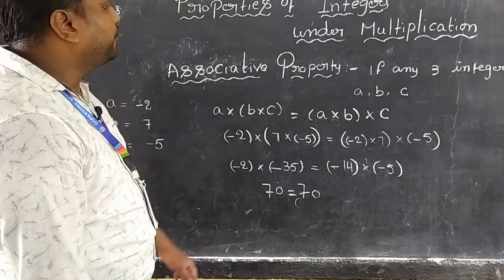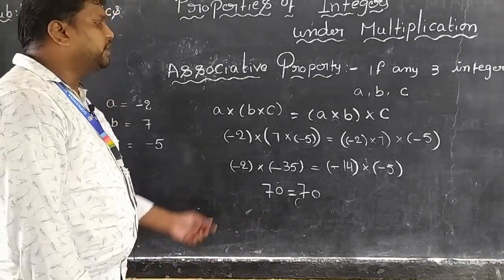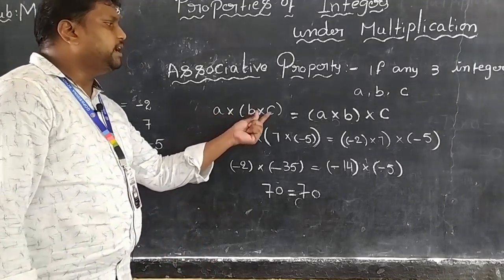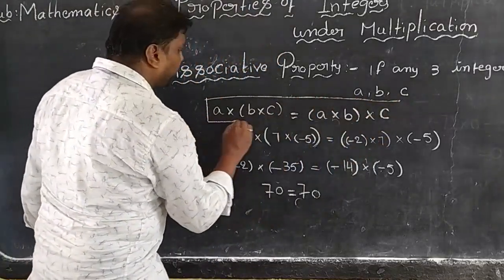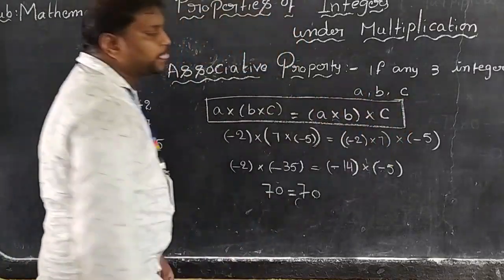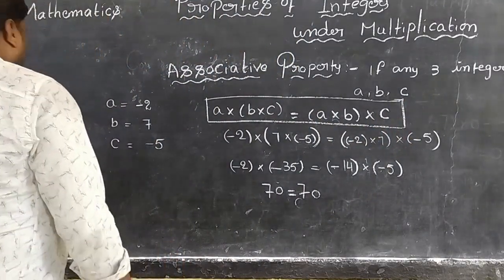Okay, I repeat once again. If any three integers a, b, c, we can write a into b into c is equal to a into b into c. Okay. Next,